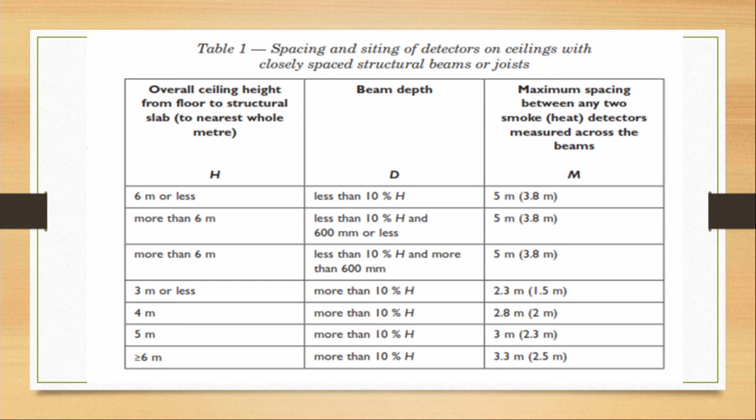If you have more than 6 meters, there we will also have a maximum spacing between sprinklers of 5 meters or 3.8 meters. To explain a little bit on this rule, a 6 meter height from the floor up to the ceiling gives a maximum spacing between 2 sprinkler heads of 5 meters or 3.8 meters. If I don't have any beam between my 2 sprinkler heads, I will immediately take 5 meters as the spacing between 2